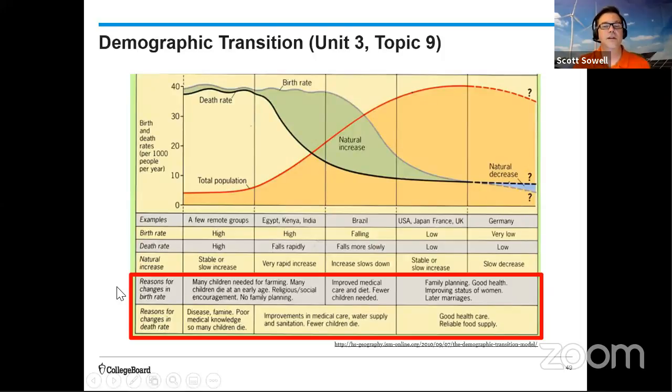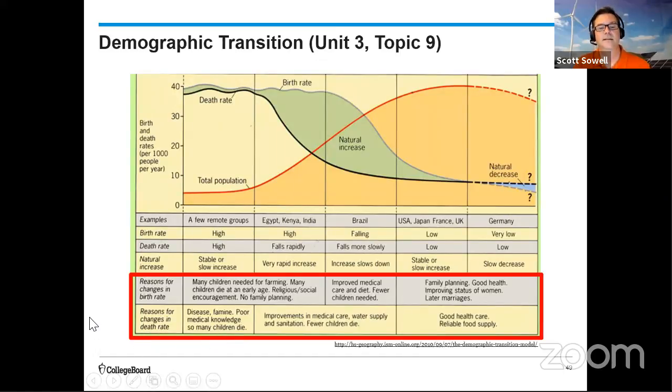I want to point out the reasons for changes in birth and the reasons for changes in death. So one of the key reasons why birth rates are still high up here is because this is typically going to be a more agricultural society, and many children are needed for farming. We still have a rather significant infant mortality rate, but social and cultural reasons, as well as a lack of family planning, all feed into the birth rate still staying pretty high,